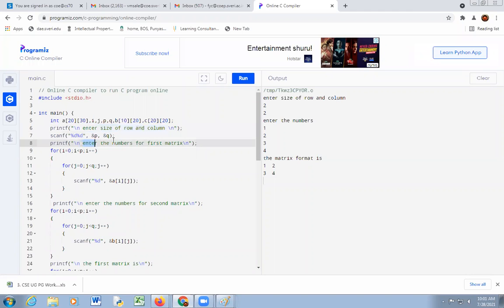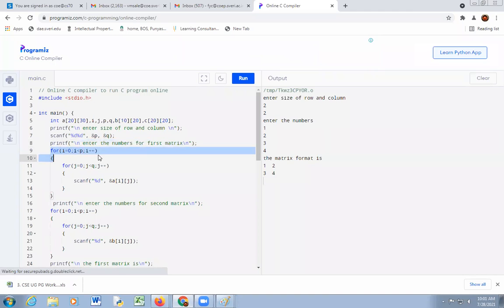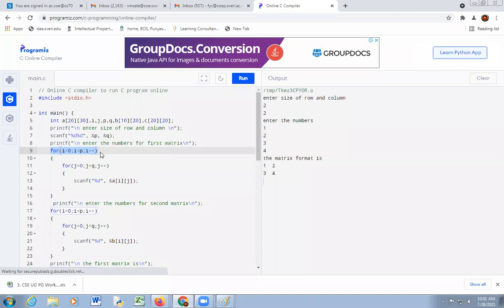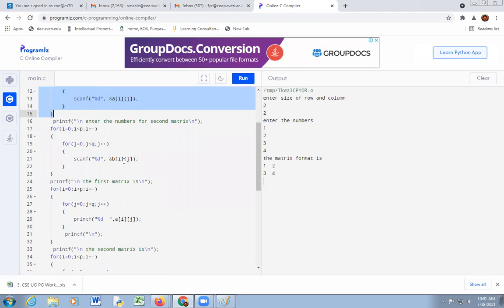Then enter elements for first matrix. For i equal to 0, i less than p, i plus plus. For j equal to 0, j less than q, j plus plus. scanf percentage d a of ij. This is the code for the first matrix.